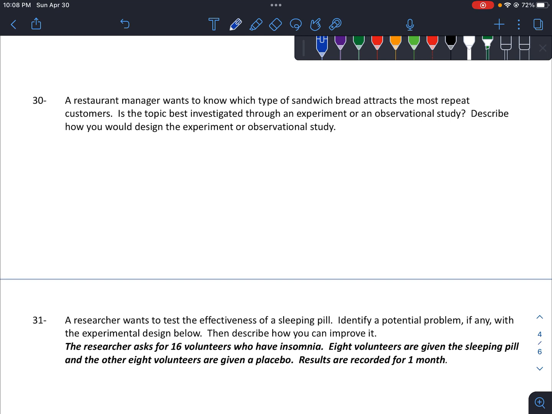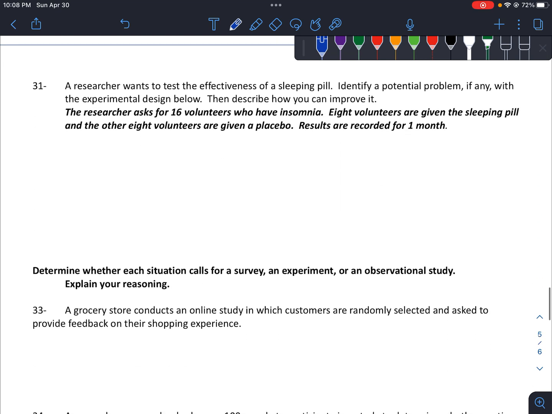A restaurant manager wants to know which type of sandwich bread attracts the most repeat customers. Is the topic best investigated through an experiment or an observational study? Describe how you would design the experiment or the observational study. I think an observational study would be fine here. You could really just keep track and record what type of sandwich bread people are buying. So okay, for the next one,